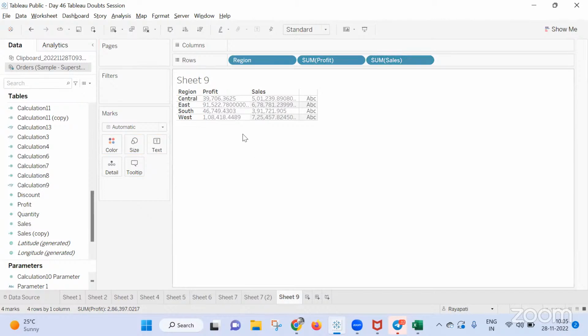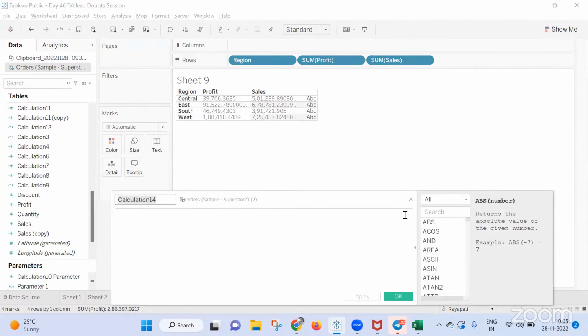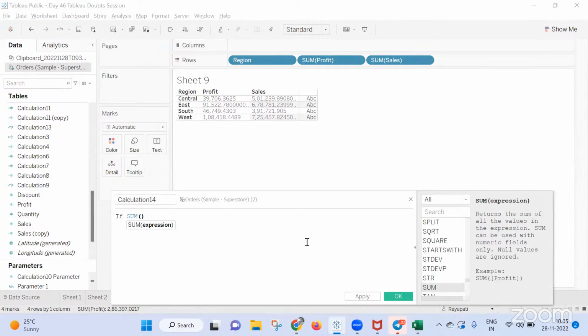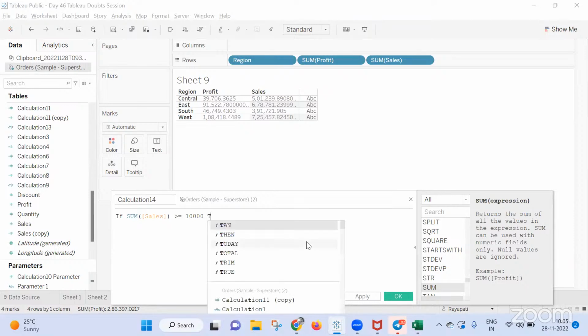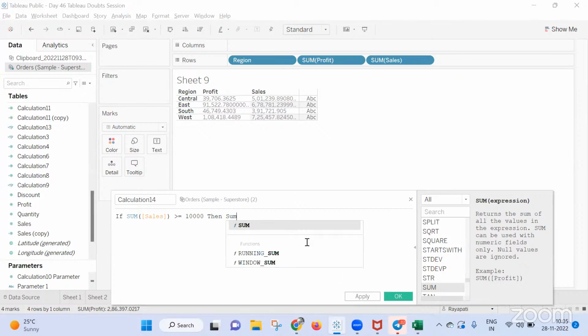Now write your calculation. If the sum of sales is greater than or equal to 1 million, or let me take 10,000, then sum of sales divided by some value, 10,000, or let me divide with 1,000. Else I am just taking normal 1,000 level values, else just sum of sales. I don't want to show